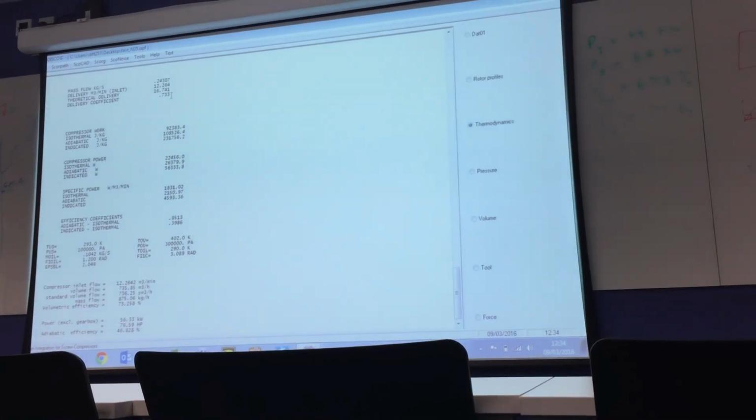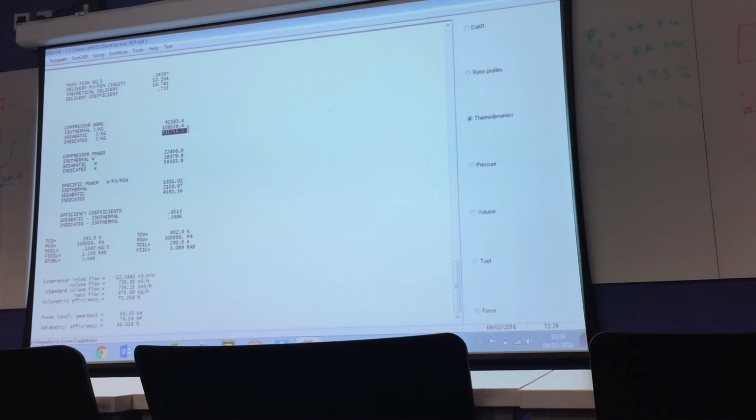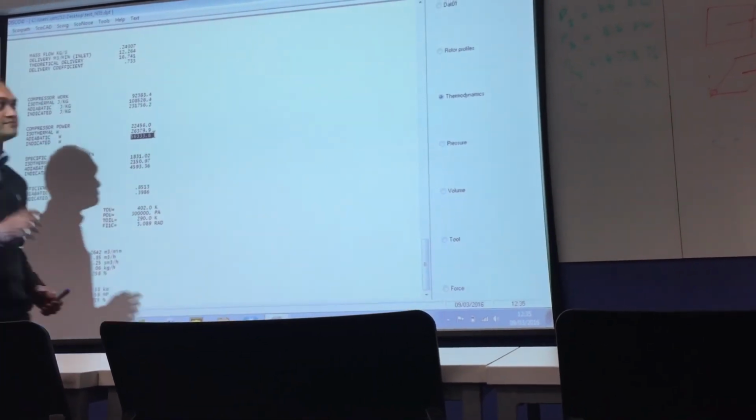So what happened now? Indicated power 56.3 for the same pressure.